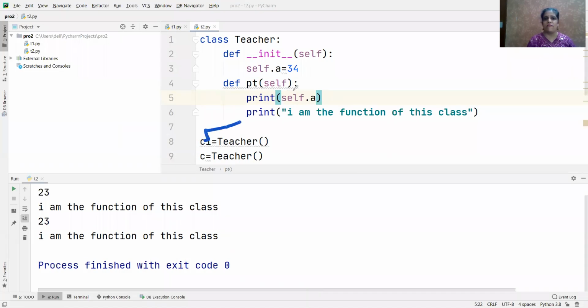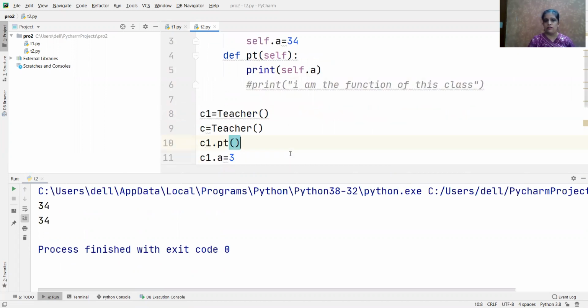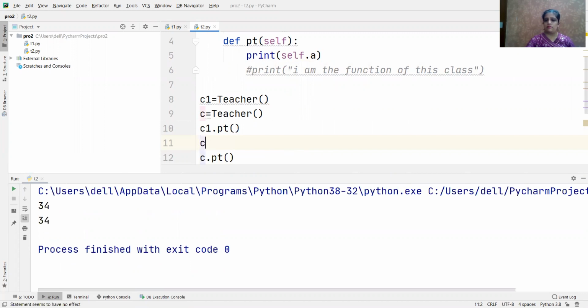Right now, if I have defined only one variable, so this self is taking the reference for this. Again, if I write it for C, तो ये अब C का reference ले लेगा, like this. Okay, so let me clear this. Okay, close this. चलो इसको भी hide कर देते हैं. Right now I don't need. Now let me execute this program. See, 34 is coming 2 times. ये मतलब C1 के लिए भी ले रहा है और C के लिए भी ले रहा है, because I am calling this function. Let me remove this.